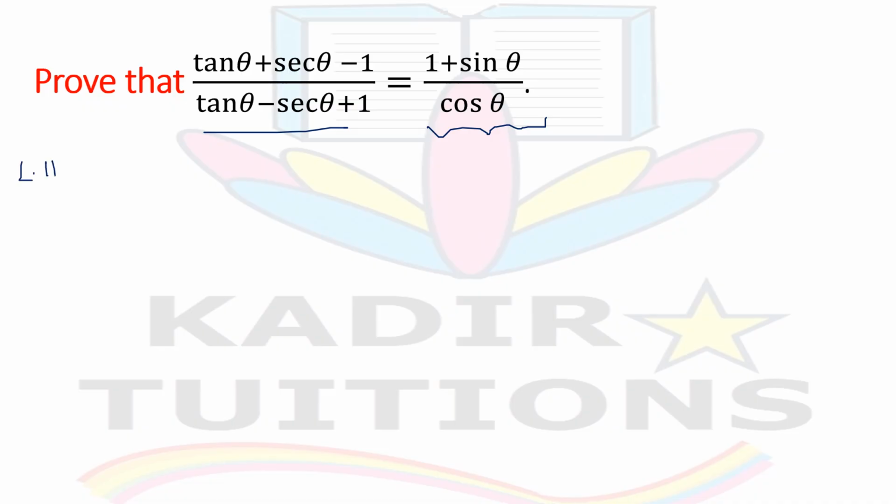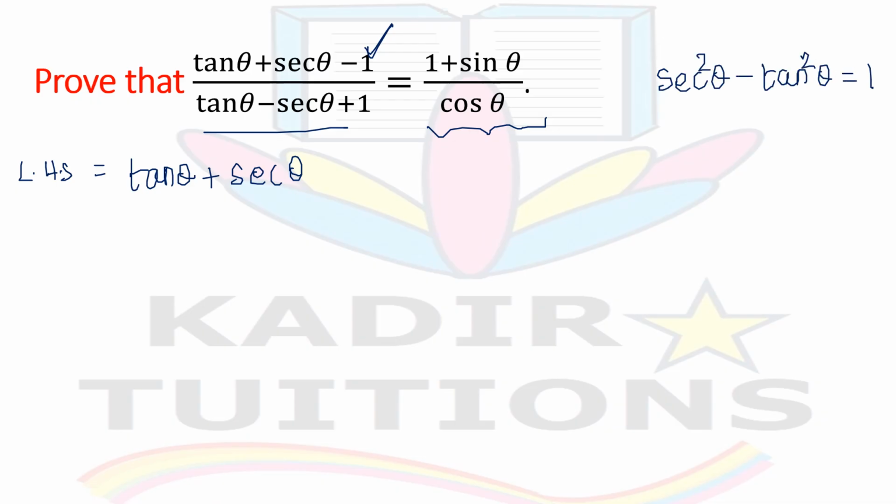We'll start from the LHS. So what is our LHS? It's tan theta plus secant theta, and here minus 1 is there. So we have one identity which involves both tan theta and secant theta. What's that identity? Secant square theta minus tan square theta is equal to 1. So I'm going to replace this 1 with this identity. Just in front of 1 we have a minus symbol, just include that, and instead of 1 we are